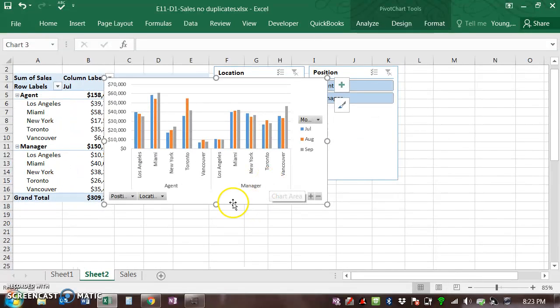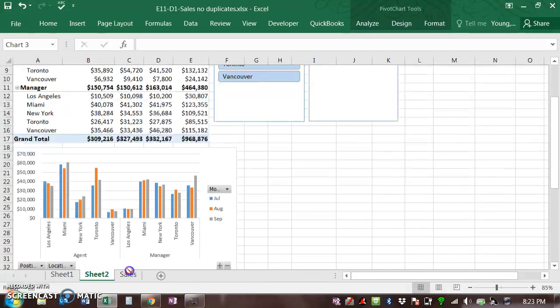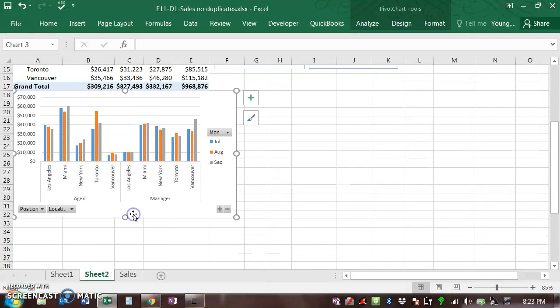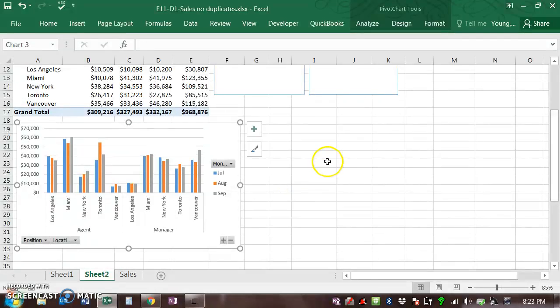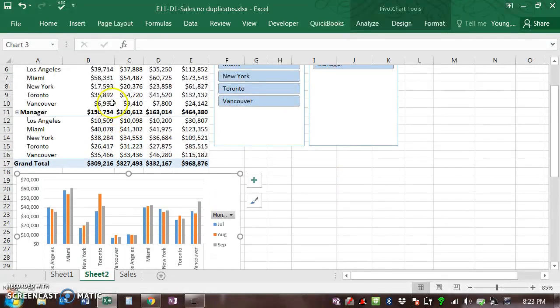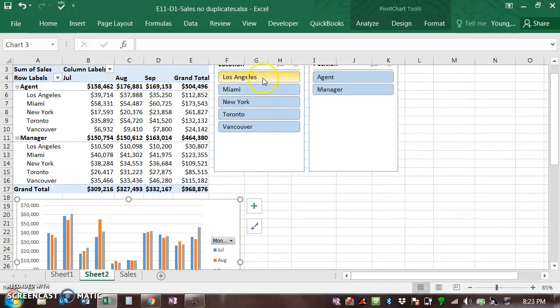I'm going to zoom out and then reposition that chart so that it's just below the pivot table as well. And now you'll see a pivot table with slicers. If I reslice